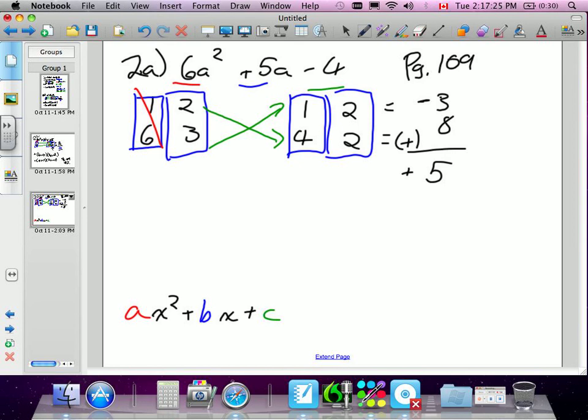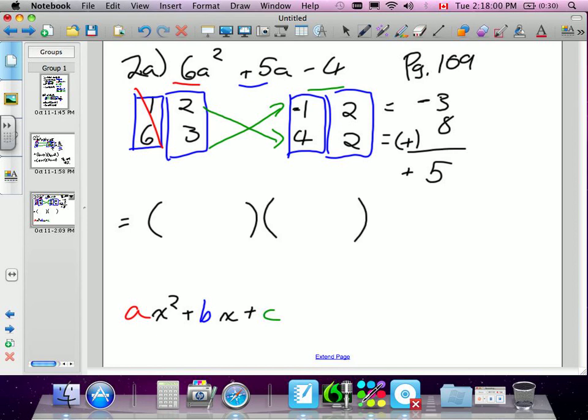We also have to make sure, this 3 here, in order for it to be negative, that means this 1 would have had to be negative. So I actually need to make that a negative number. And just to double check that it works, negative 1 times 4, does that equal negative 4? Yes. The two numbers should multiply to our last term. Now, I didn't put the negatives in till the end. I don't want you guys to hold off on them until the end. So I know that I needed negative 1 as one of my terms. So when I go to put it in the brackets now,